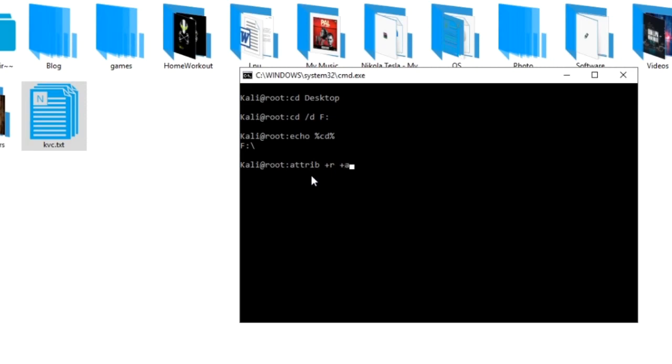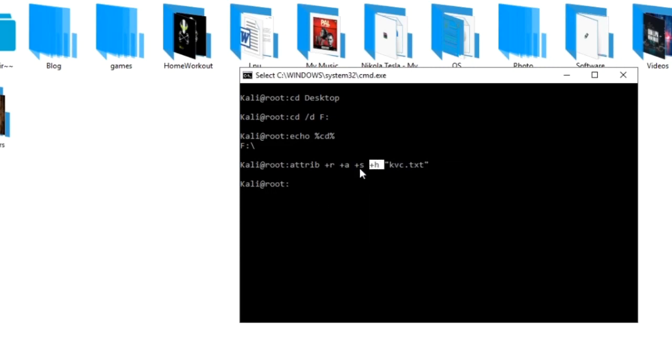plus and then the letters, plus s, plus h. So you need to provide the file you want to apply the command to. So I am applying it on kvc.txt. After that you will see that the file has gone, it is being hidden using the plus h switch, and with the plus s you have made that file a system file, so you cannot easily delete it. To get that file back or unhide that file, just write